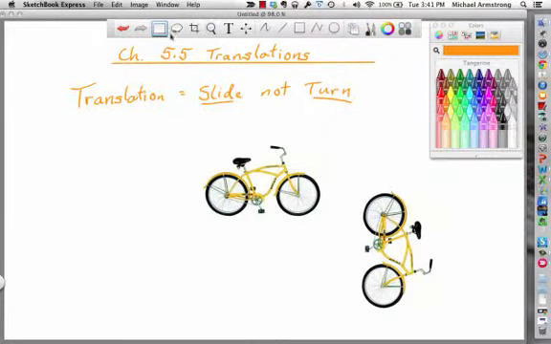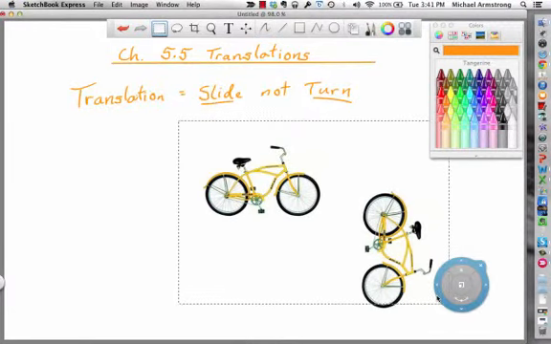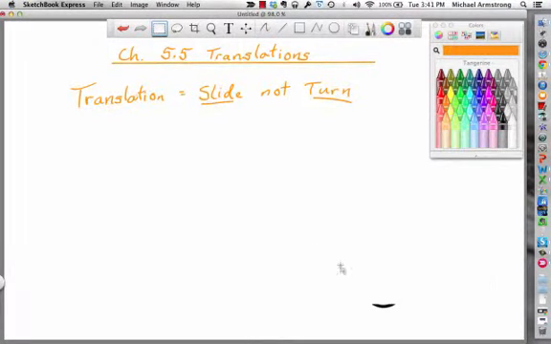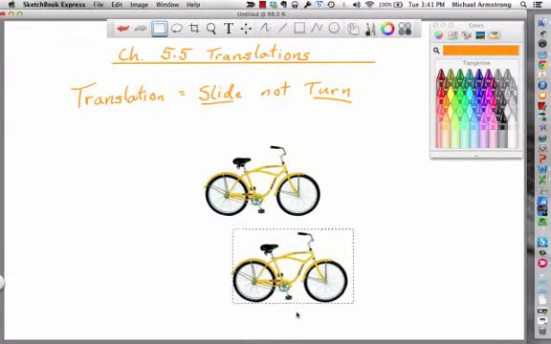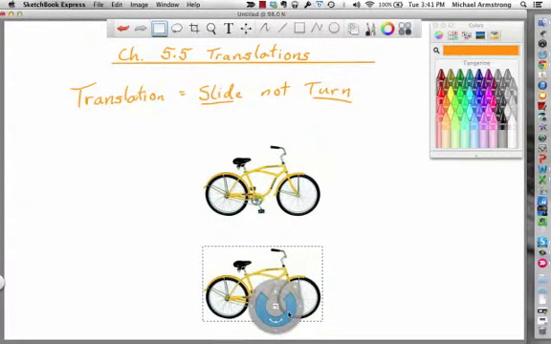Also, there's one other thing that you need to know is not a translation. Let me quickly get rid of these. The other thing that is not a translation would be if you were to change the size. So this looks like a translation straight down, but if you end up